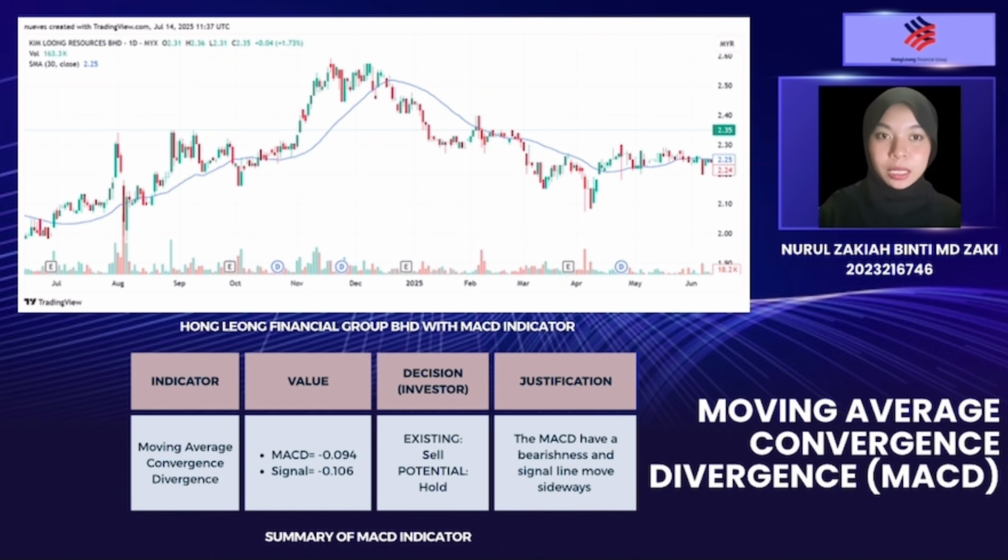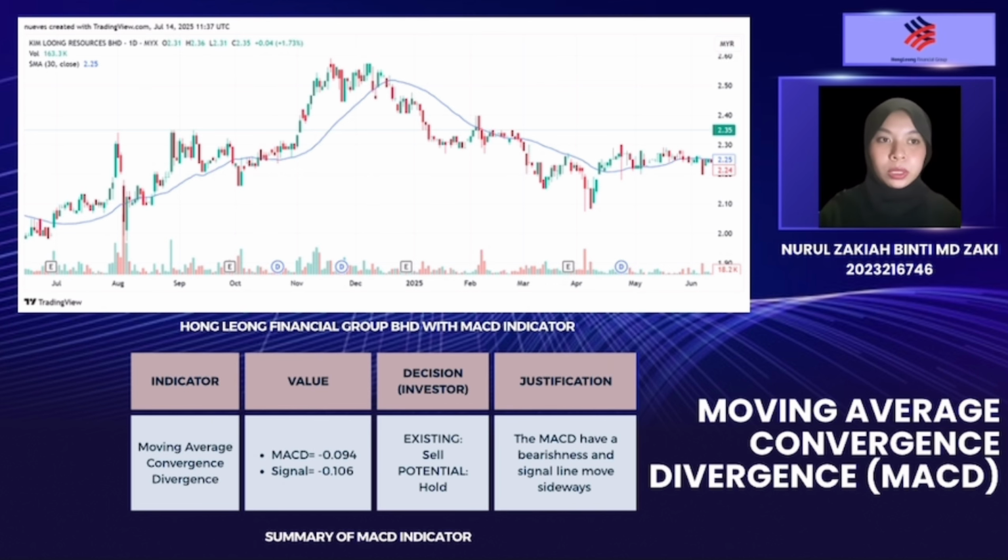For the last indicator, moving average convergence divergence, known as MACD, helps to detect the strength, direction, and momentum signals with three interpretations: MACD line, signal line, and histogram. On 13 June 2025, the MACD line is valued at minus